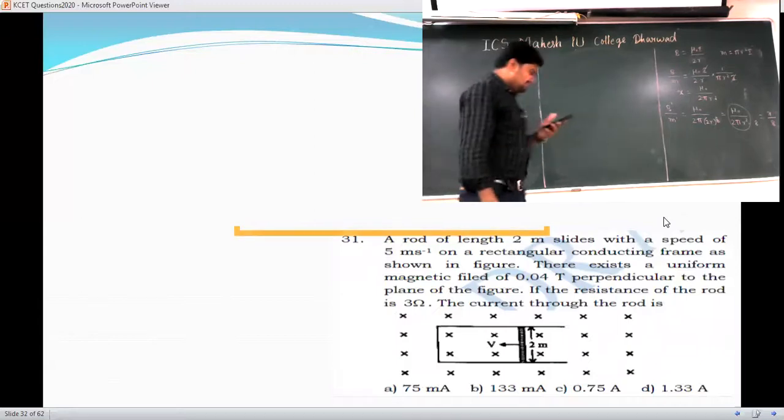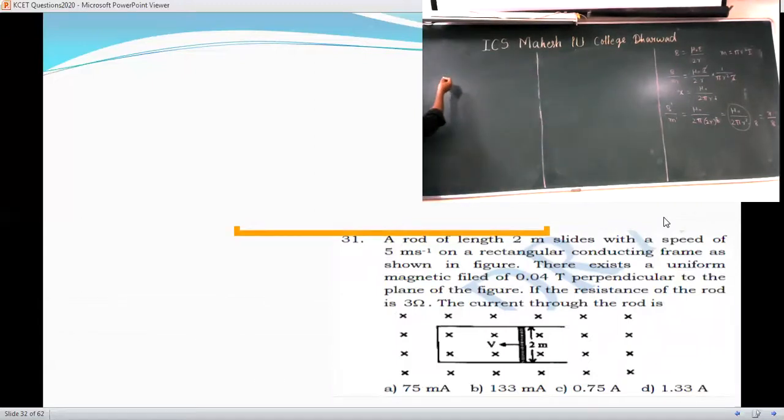A rod of length 2 meter slides with a speed of 5 meter per second. So V is equal to 5 meter per second on a rectangular conducting frame as shown in the figure. There exists a uniform magnetic field of B is equal to 0.04 Tesla, perpendicular to the plane of the figure. If the resistance of the rod is 3 ohm, R is equal to 3 ohm, the current through the rod is,